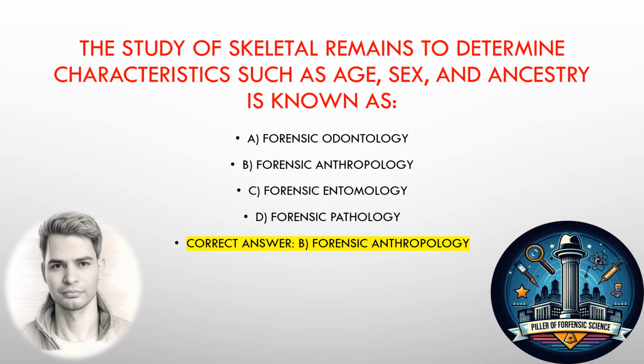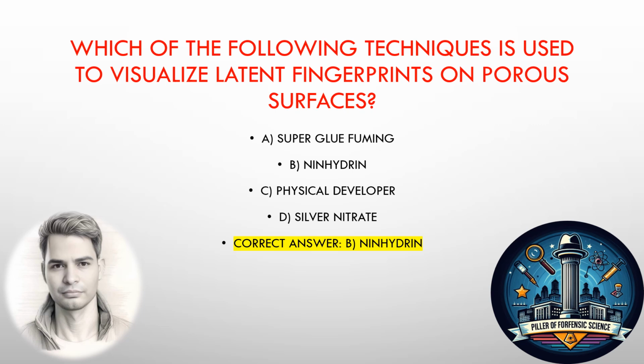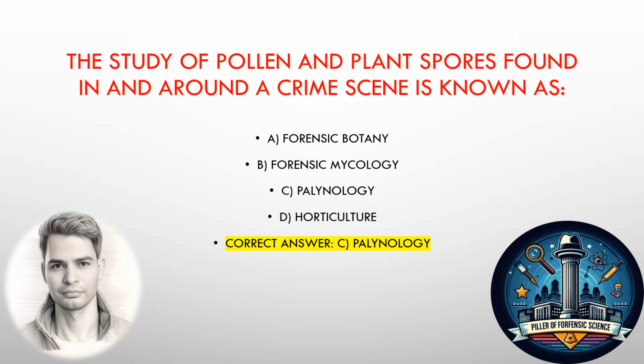The study of skeletal remains to determine the characteristics such as age, sex, and ancestry is known as forensic anthropology. Which of the following techniques is used to visualize latent fingerprint on porous surface? Answer B. Ninhydrin. The study of pollen and plant spores found in and around the crime scene is known as